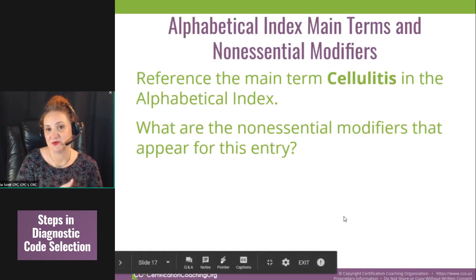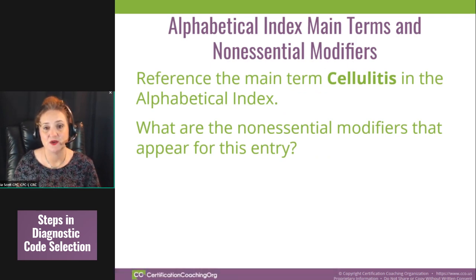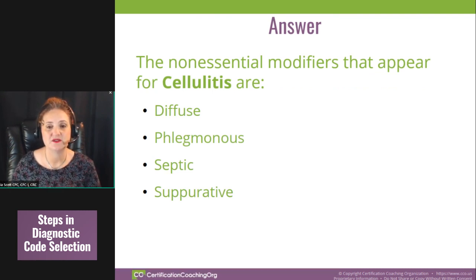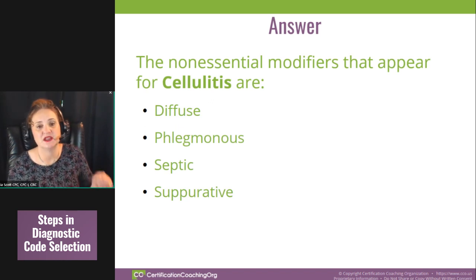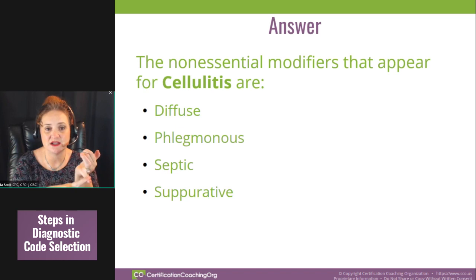You reference. So another example is cellulitis, and we're going to look up cellulitis in the index, and then we're going to say, oh, well, there are no non-essential modifiers, or there are things in the parentheticals, and that's all included, and then we jump out into the tabular. So these are the different types of non-essential modifiers that you'll see with cellulitis. That means they'll be in the parentheticals. So it'll say cellulitis, and then in the parenthetical it'll say diffuse,